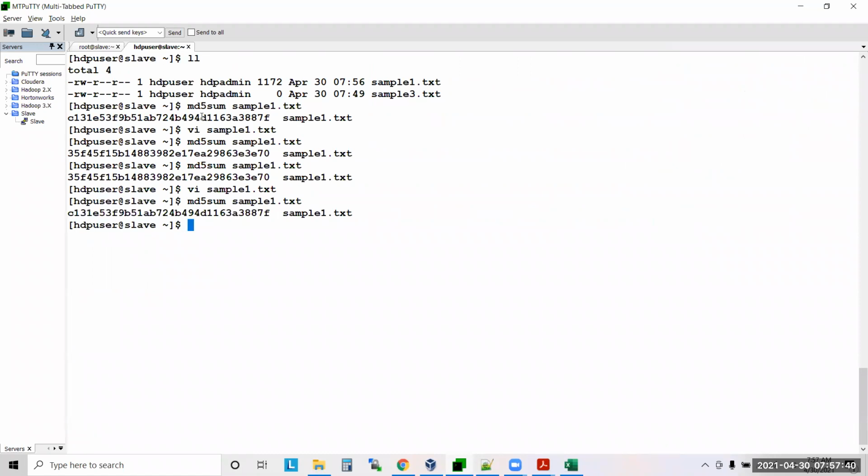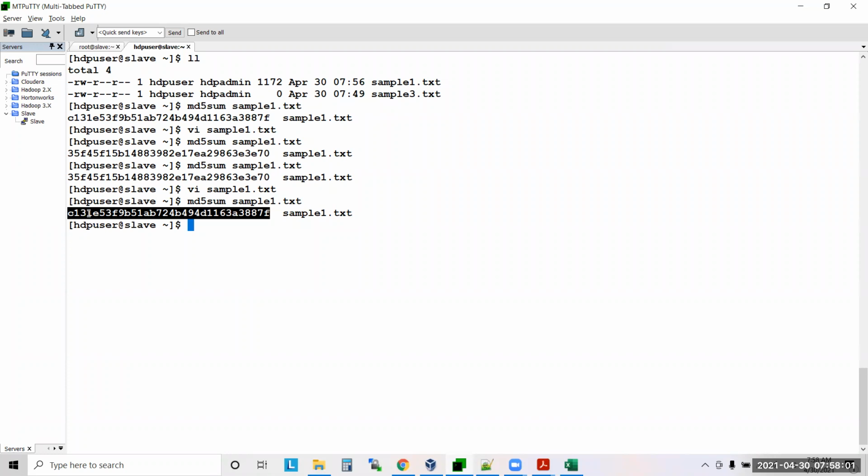Now you see, is the first one matching with the first one or not? Yeah, matching. C131. Understood? Yes. Are you clear? Yeah, clear. So that is md5sum.